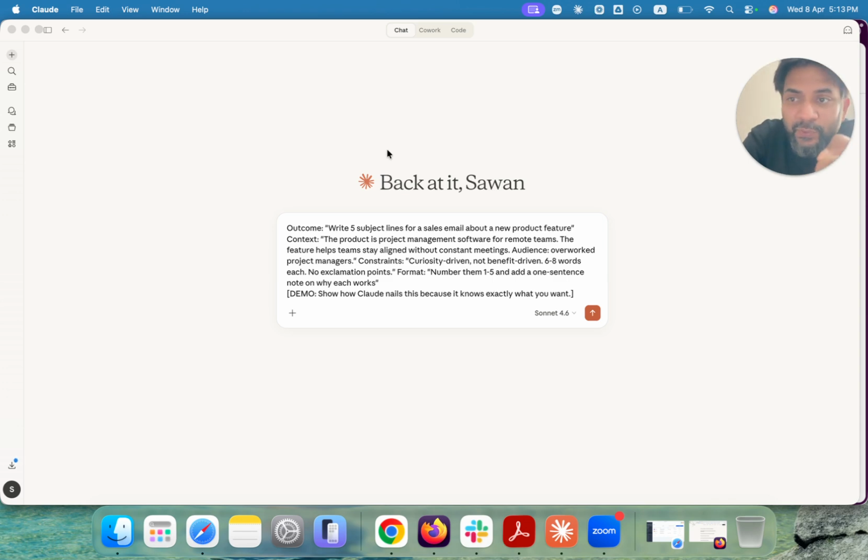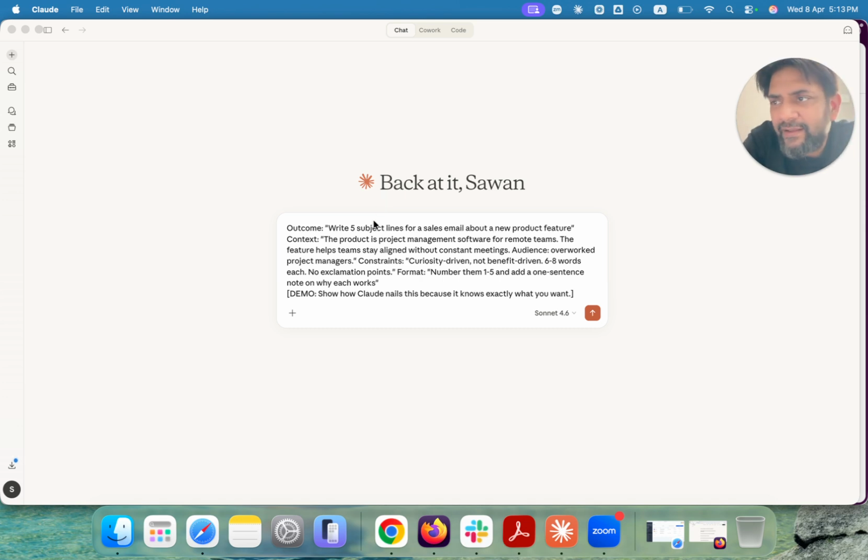The audience is overworked project managers. Constraints: curiosity driven, not benefit driven. 6 to 8 words each. No exclamation points. Format: number them 1 to 5 and add a 1 sentence note on why each works. Similarly, we have another example for code and we can keep going on with several examples.